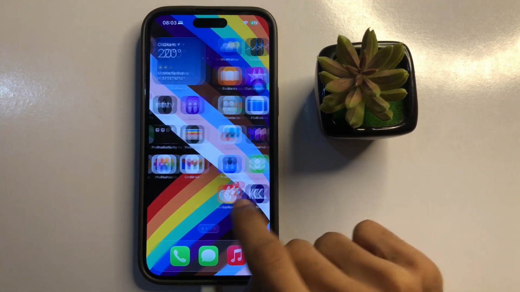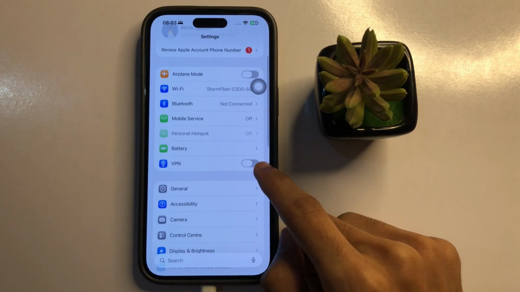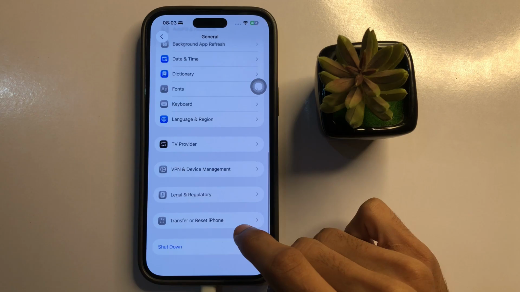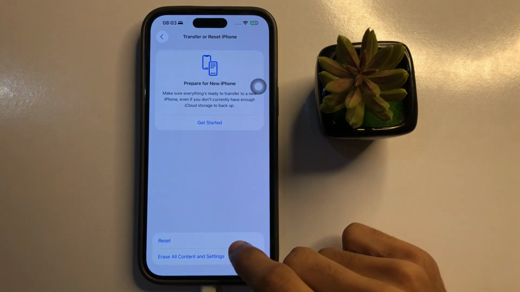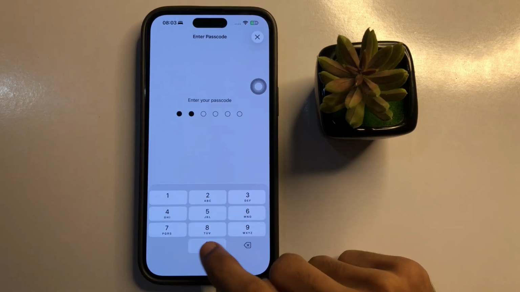So if it's still not solved, click on settings app. Now in settings, scroll down, click on general, scroll down to end, click on transfer or reset iPhone. Click on reset all settings, enter phone passcode,